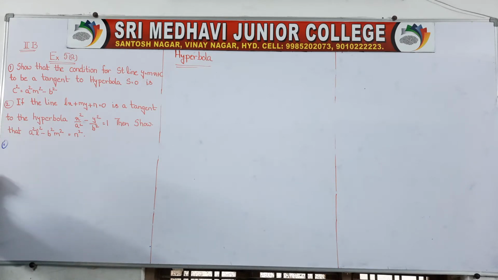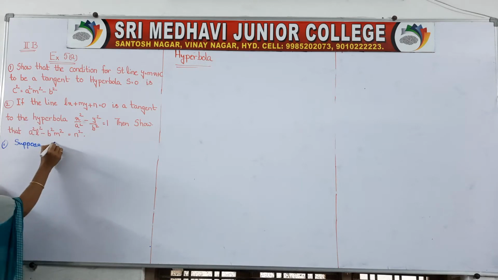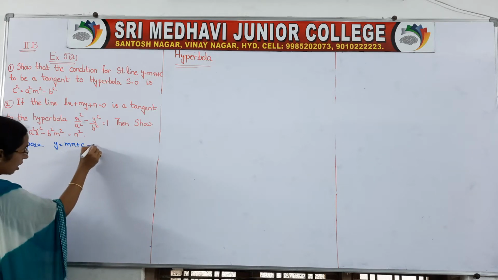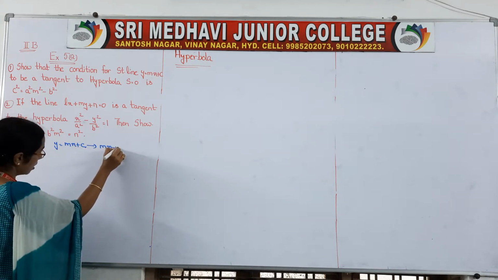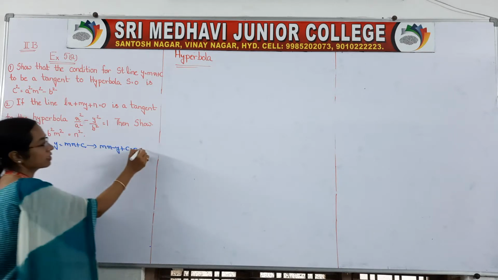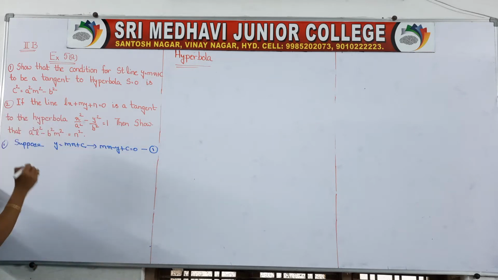Show that the condition for the straight line y = mx + c to be a tangent to the hyperbola S = 0 is this one. First we will take that as the tangent to the hyperbola. Suppose y = mx + c. Try to write it in line form: mx - y + c = 0. Consider that as equation number 1, a tangent